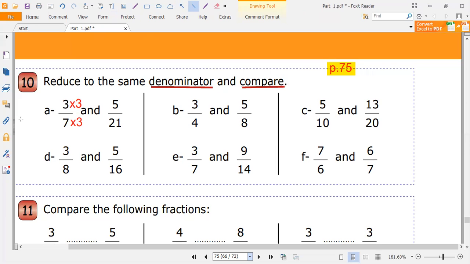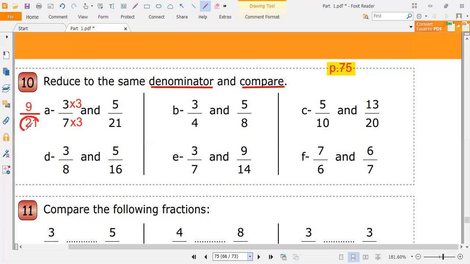We get a new fraction which is equal to this fraction. 3 times 3, 9. 7 times 3, 21. So now we have to compare these two fractions, 9/21 and 5/21, because they have the